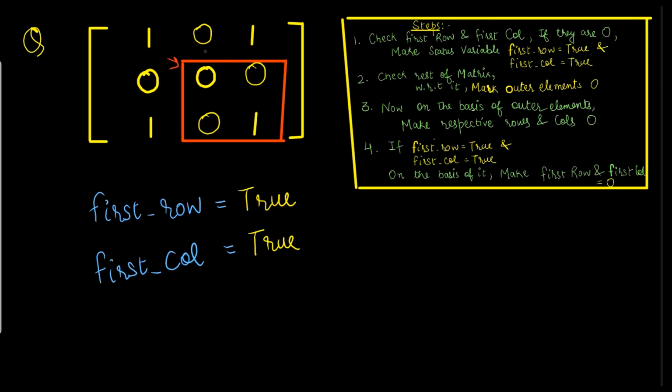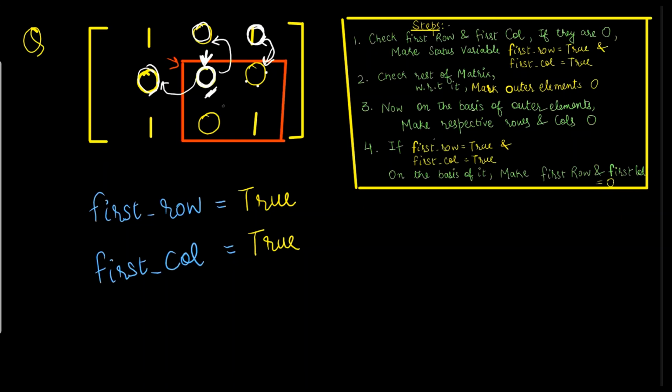So the first element, I have this as 0. So I'll check whether this element is 0. Yes, this element is 0. So I will make its respective element 0. But what I can see here, I already have 0. Then I need to check the other one. Here also I have 0. So I will make its respective row and respective column 0. The row already has 0, but I will make the column 0.